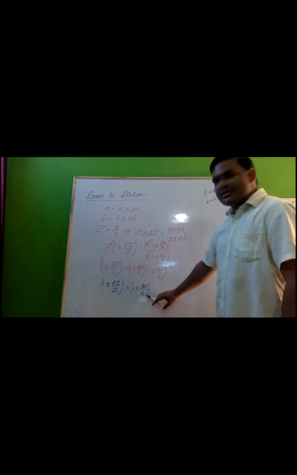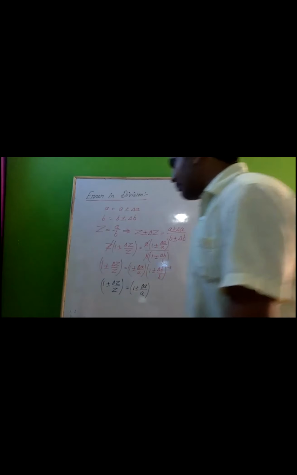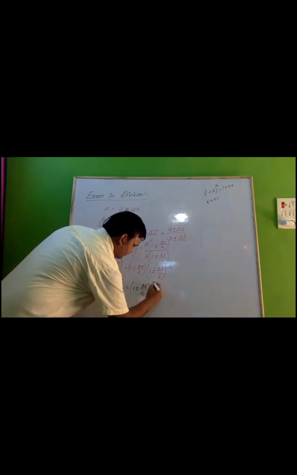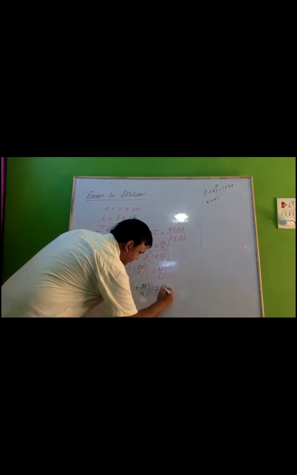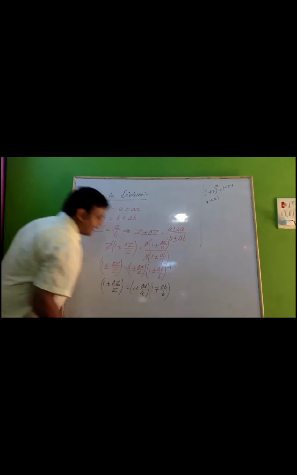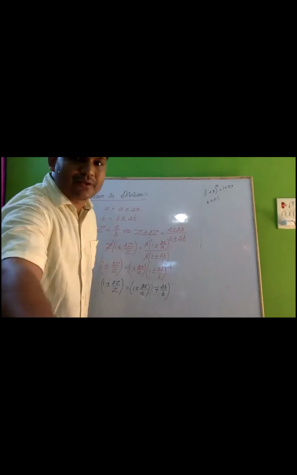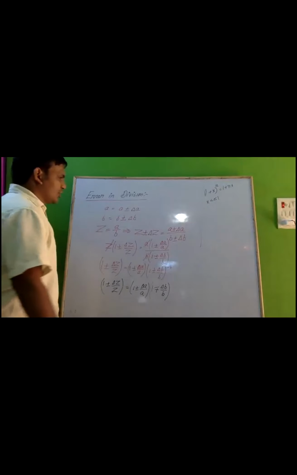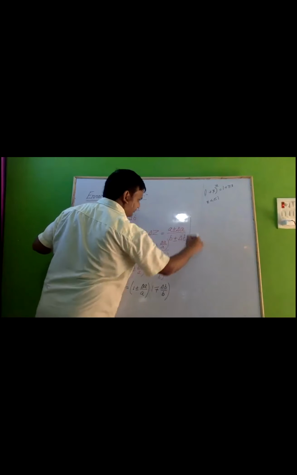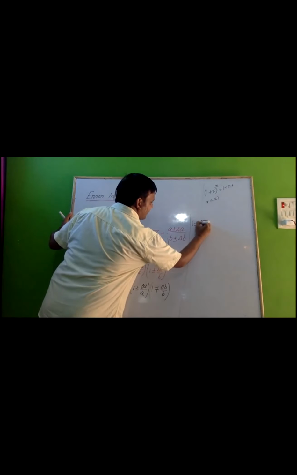Delta A by A is less than 1. So once you expand it, it will be multiplied here and it will become 1 minus plus delta B by B. Okay? So now you can just multiply it, both these terms. You will get the value 1 plus minus delta Z by Z.